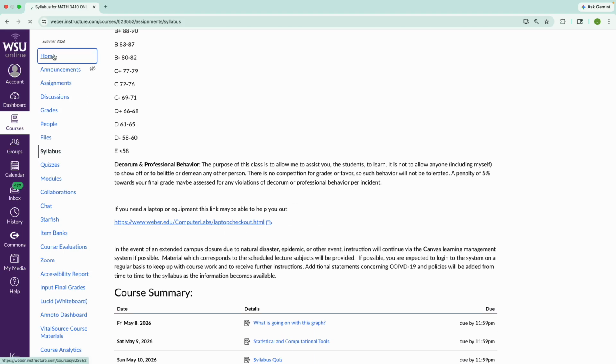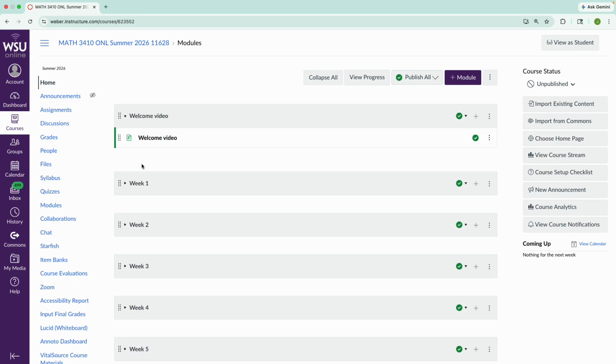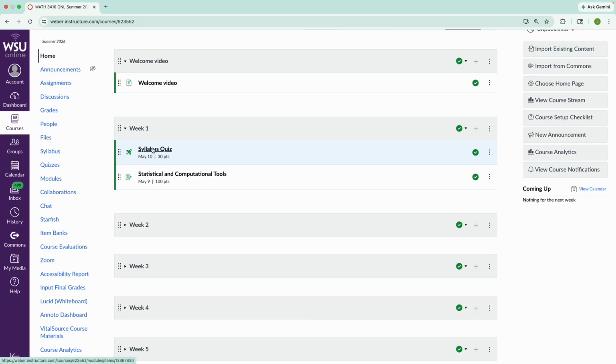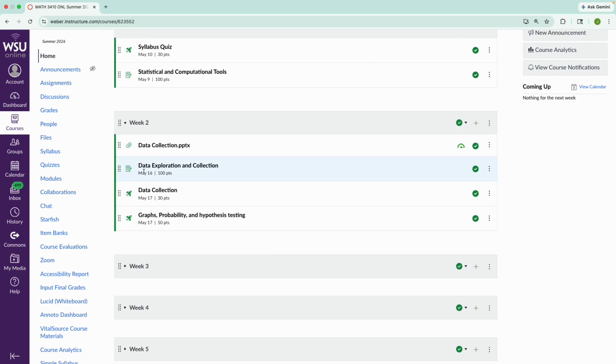Let's click on this home page. So this is the orientation to the class. What you need to do each week is laid out in the module. In week 1, you have the syllabus quiz. You also have the statistical and computational tools. This syllabus quiz is counted under the category of your homework. The statistical and computational tools is listed under your Zybook assignment. In week 2, you have data collection, data